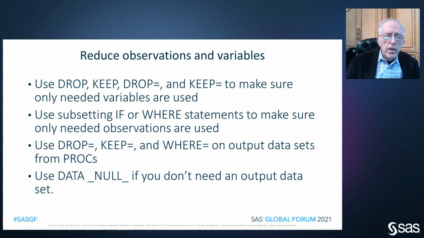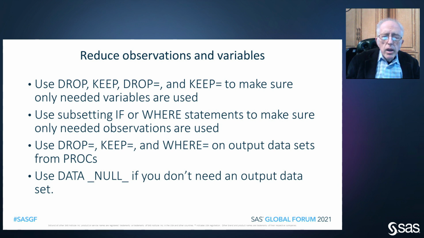And we can also use this on the output from the procs. We may need all the input, but we may need less on the output. One of the things that I almost always do when I'm running a proc summary on the output is get rid of the _TYPE_ variable, which summary produces, which is useful if you're parsing a data set where you've had multiple variables in the class statement. At the same time, I often don't need the _FREQ_ variable, and I drop that with the drop equals on the output.